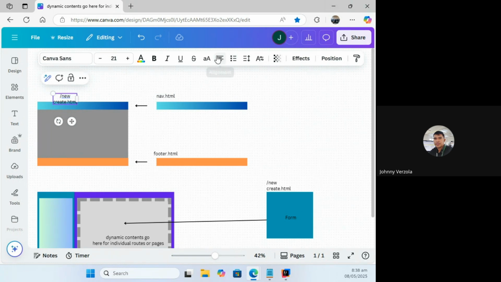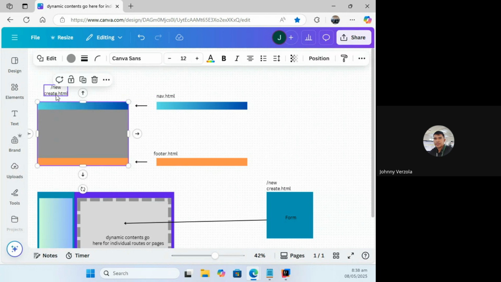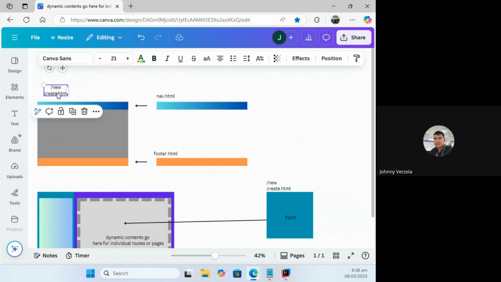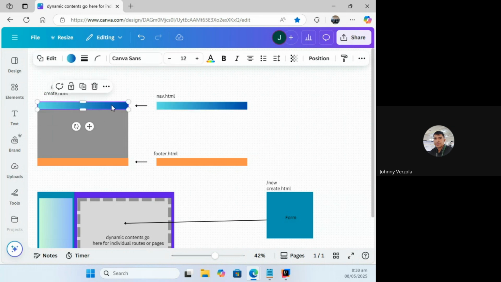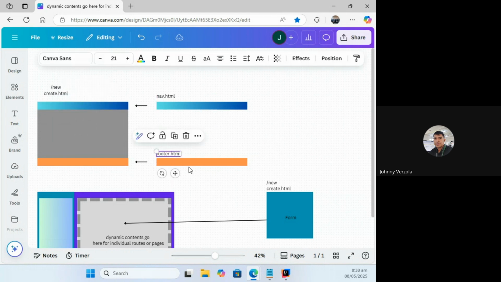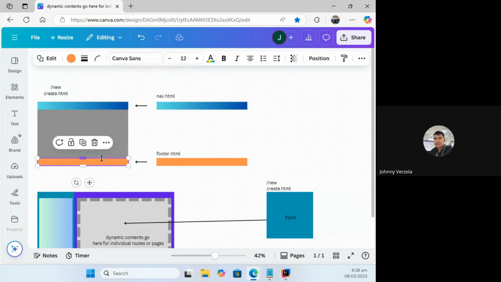That's basically the difference of these two approach. Okay. As you can see, I have here the whole document in the create.html, which is bigger. And I pull in nav.html to be placed at the top. Same is true with the footer. I pull in, or I inject them into this to take this position, and then this is the dynamic content.